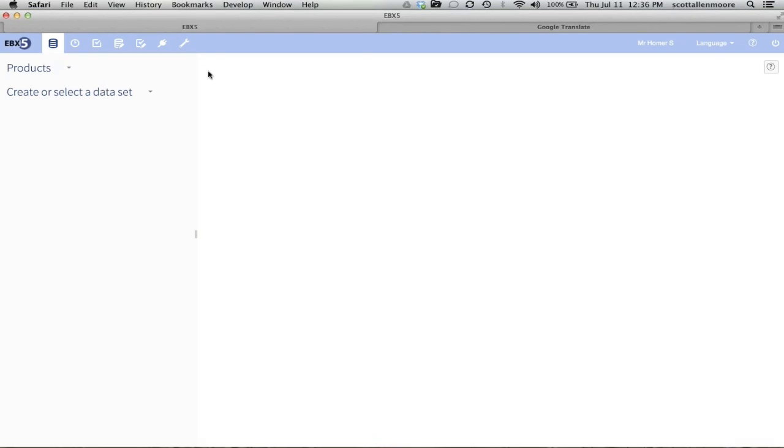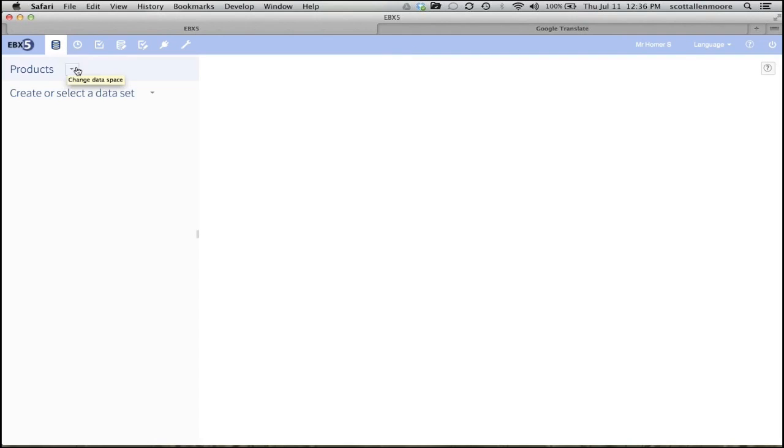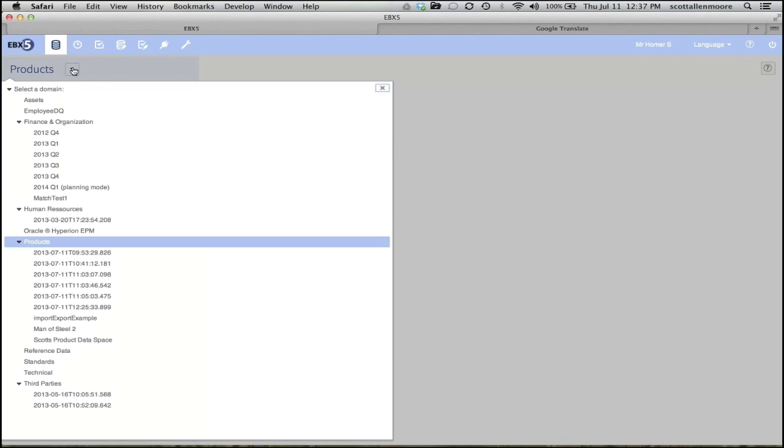When I log into EBX, across the top is a number of icons that indicate different work I can do, such as web services, data modeling, workflows, access to data. And when I want to do access to data, I could choose what we call a data space I want to work in. A data space is something unique to EBX.